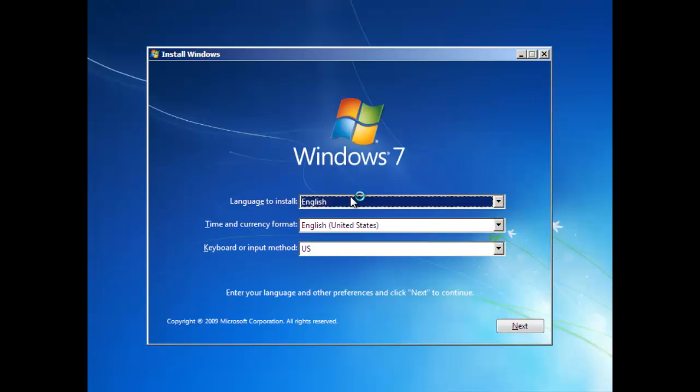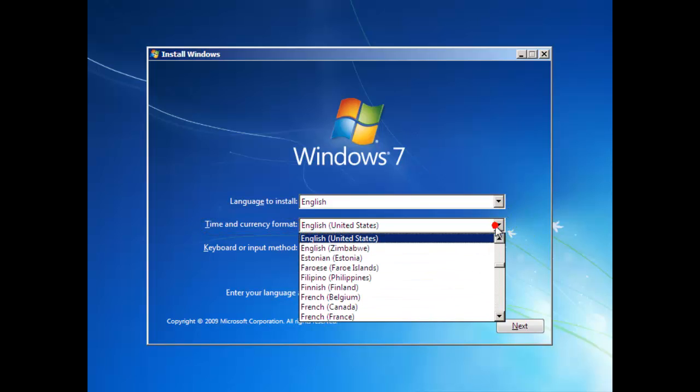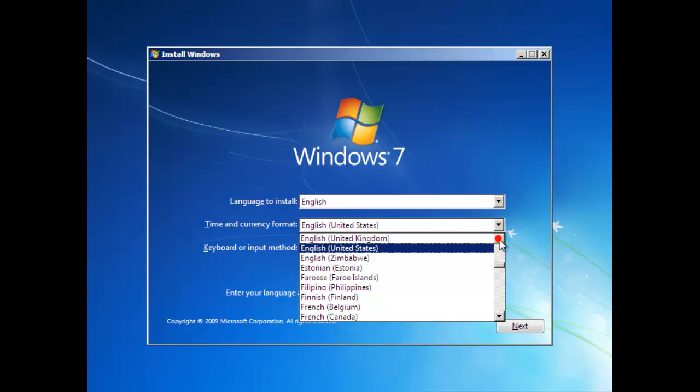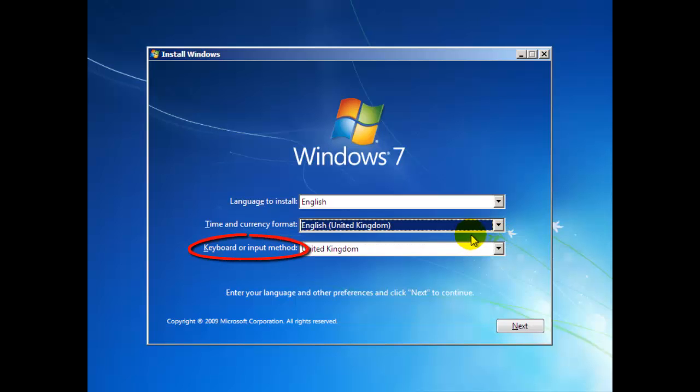After a brief period, you'll be given the opportunity to change language. However, the default is English, so this will not need altering. The time and currency format will be set to English United States, so click on the selector to the right of this and change it to English United Kingdom. You should have noted that the keyboard or input method would have automatically changed to United Kingdom